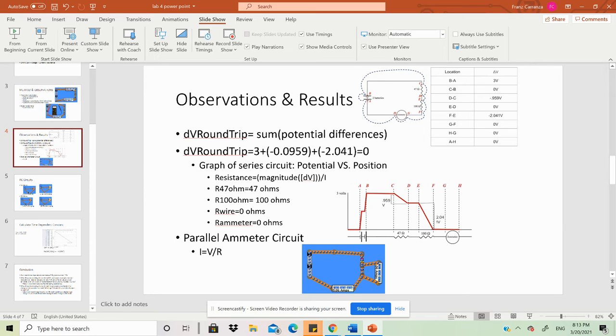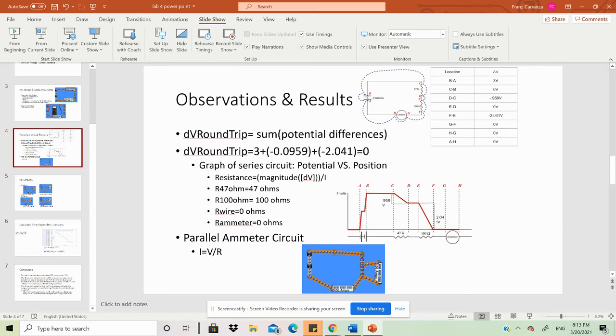The formula resistance equals the change in potential over current can be used to calculate the resistance of the resistors using the calculated current. This calculation results in a resistance of 47, 100, 0, and 0 ohms for the 47 ohm resistor, 100 ohm resistor, wire, and ammeter respectively. Because the voltmeter has an infinite internal resistance, when it is used to measure the potential difference, it does not